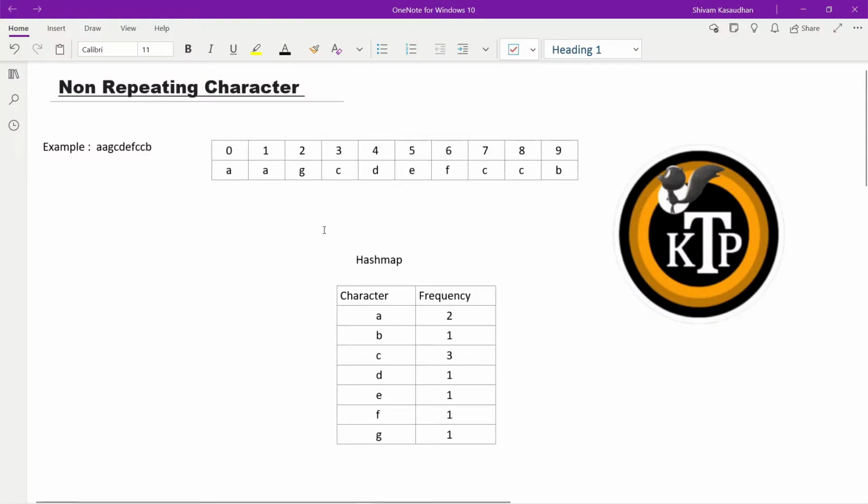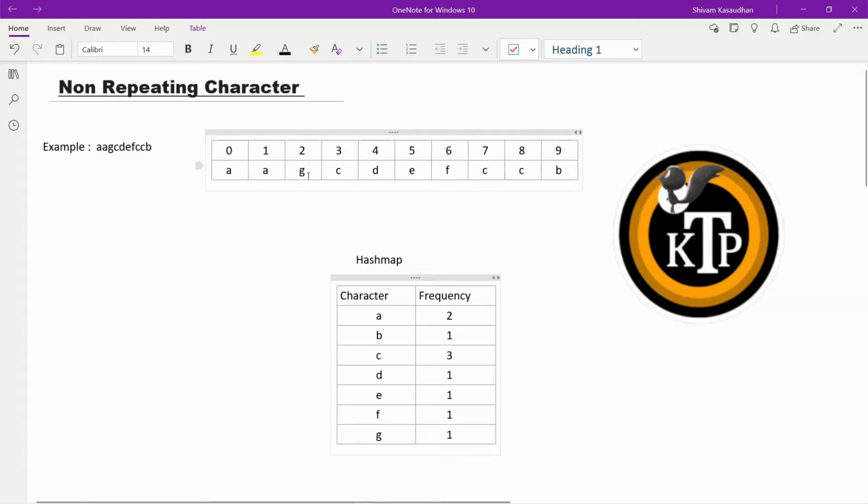So what you can do is simply use a hash mapping technique. By using a for loop, you insert all the characters as well as the frequency of each character in the hash map. At the starting, the hash map is empty and it will check whether A is present in the hash map or not. It is not present, so it will insert A and the frequency will become 1. Then it will come to the second index and again check A. If A is not present, it will add it, but here A is already present, so it will only increase the frequency.